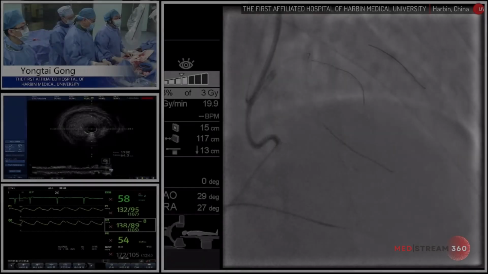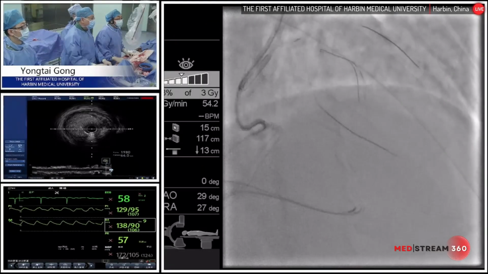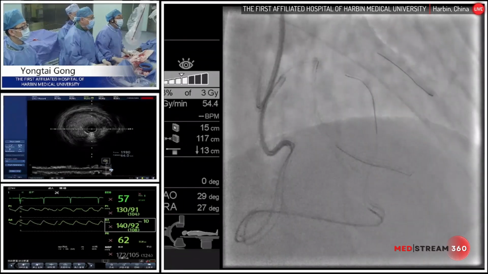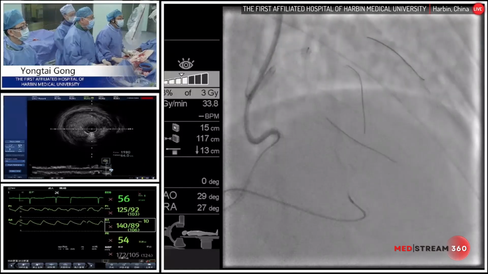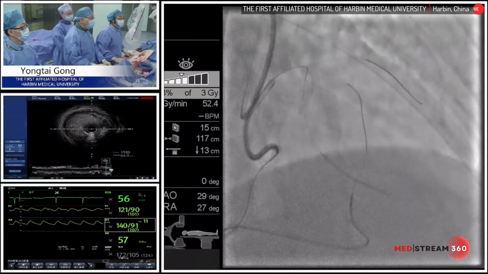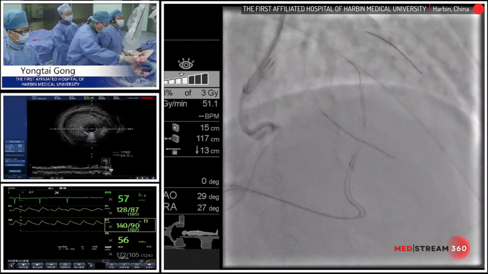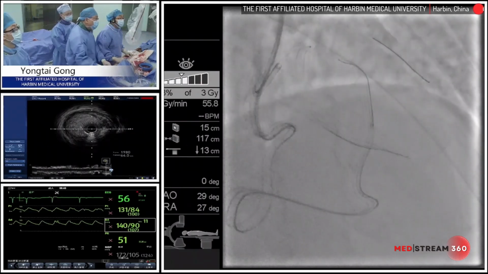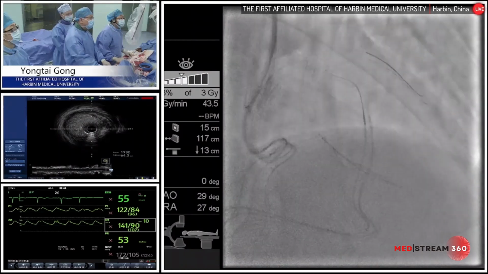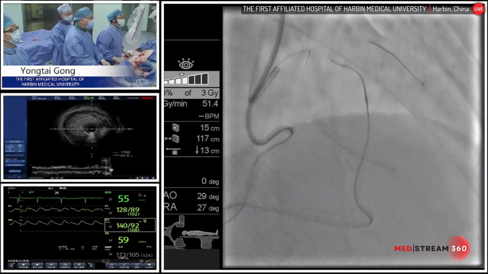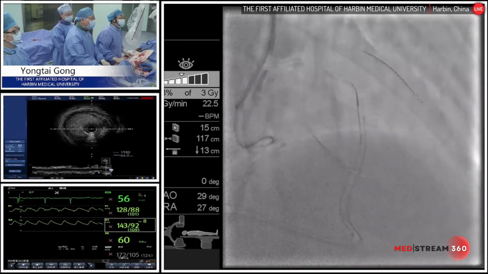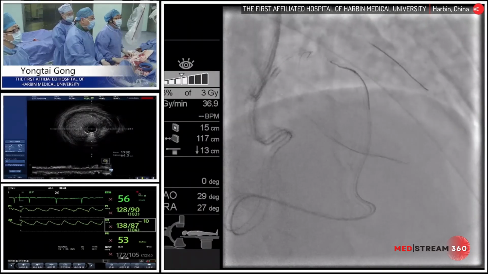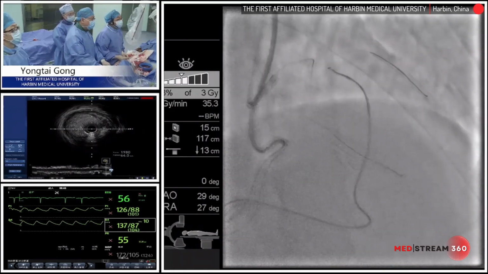So Professor Gong, what's the retrograde wire you are using currently? The Xiong wire, which we commonly use as the retrograde wire. Next, we'll check if the retrograde microcatheter can cross the collaterals to get to the distal target vessel. If this is successful, we will make good progress, and I think then we are trying